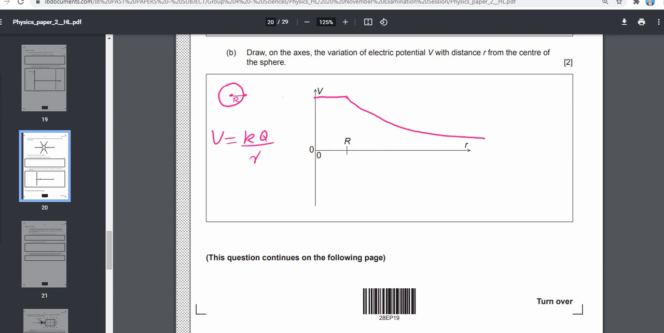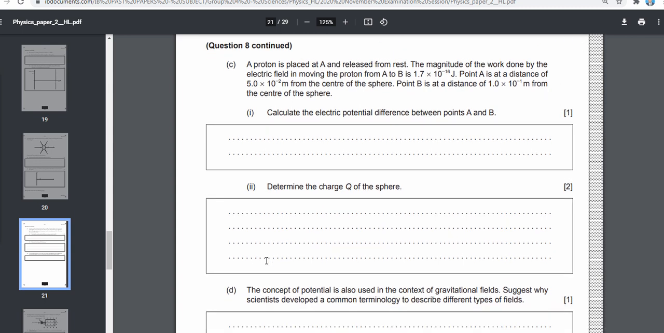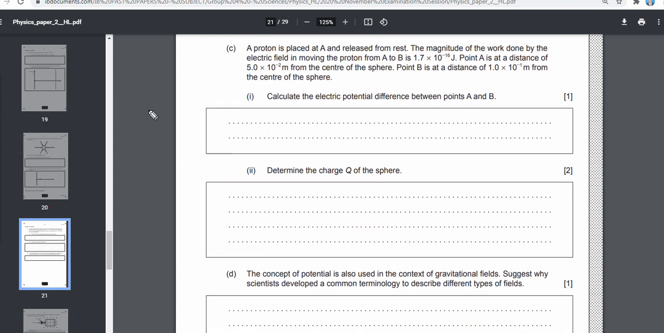Now this is done. Let's see part C. It says a proton is placed at A and released from rest. The magnitude of work done by the electric field in moving the proton from A to B is this much. Point A is at a distance of this from the center, and point B is at a distance of 1 times 10 to the power of negative 1 meters from the center of the sphere. Calculate the electric potential difference between points A and B. In simple words, electric potential is equal to work done per unit charge. Because it's a proton, the charge on the proton is